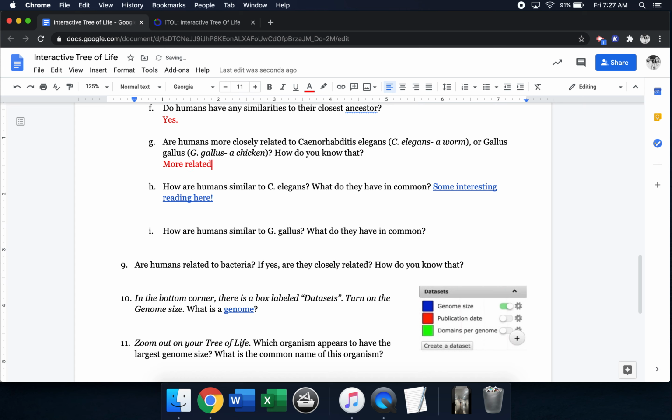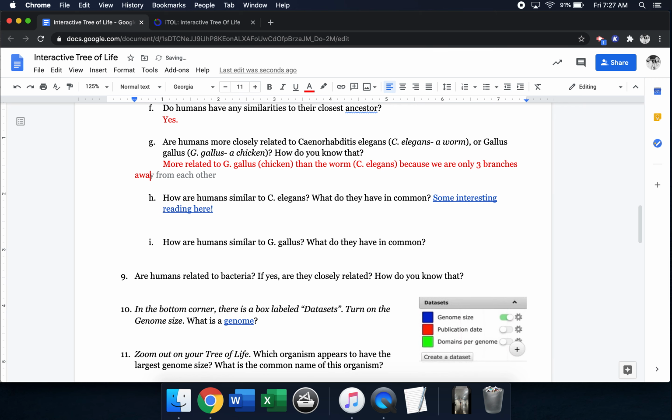More related to G. gallus, the chicken, and the worm, which is C. elegans, because we are only 3 branches away from the chicken, and what was it, like 5 or 6? I forgot, I'm sorry. 6 maybe, again I forgot, go back and watch. Branches away from the worm,